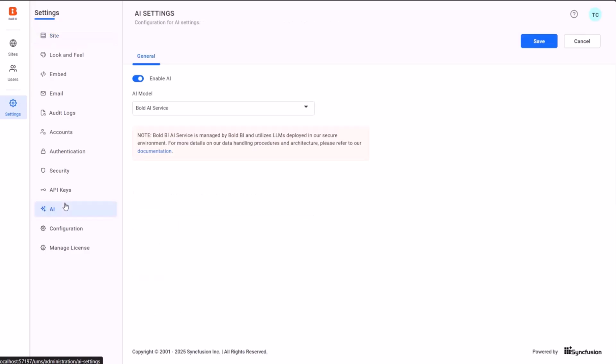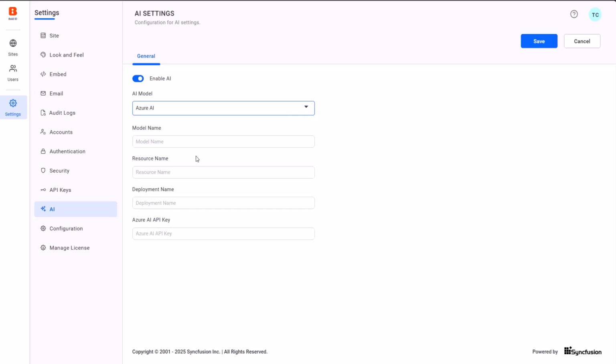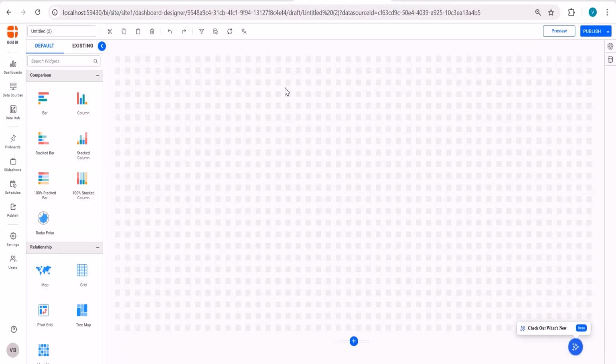Select the AI option and enable AI. Then choose either OpenAI or Azure AI. For this example, I am selecting Azure AI, filling in the necessary fields, and saving the changes to integrate AI